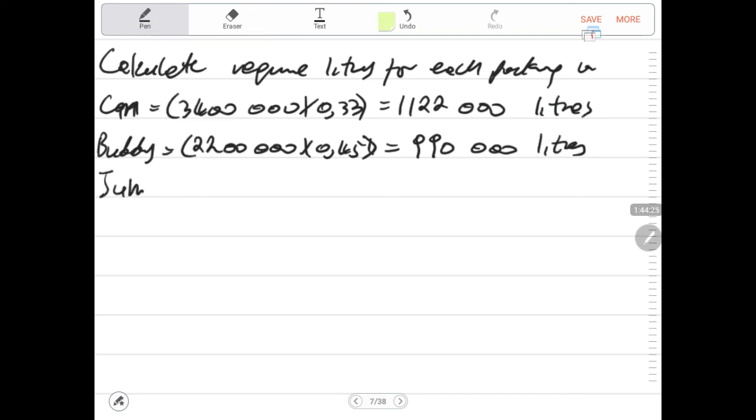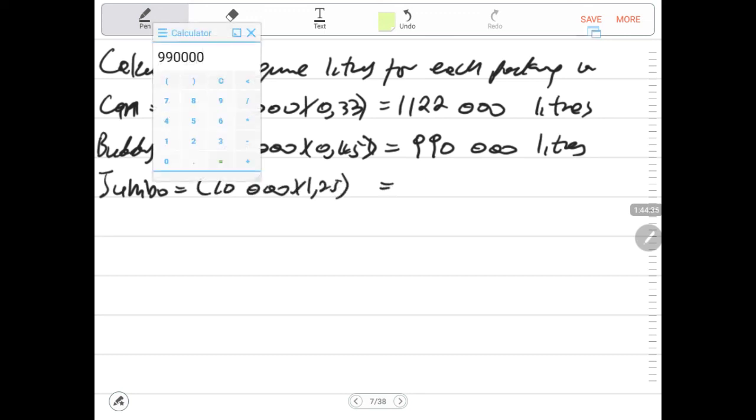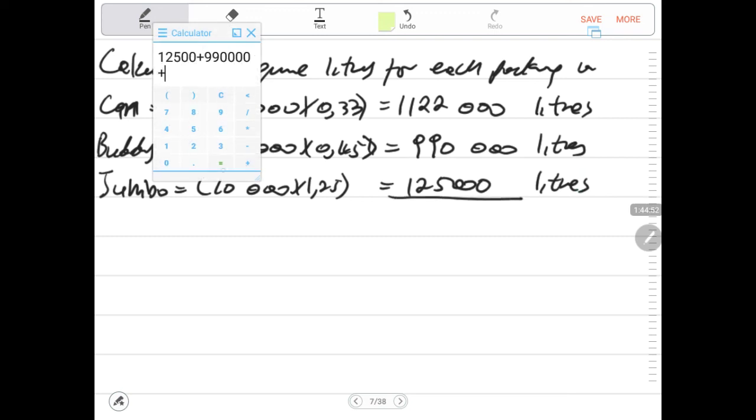We need to know how many liters of jumbo are required. 10,000 times 1.25. 1.25, remember, is already in liters. 1.25 times 10,000 is 12,500 liters. So now our information is uniform, all in liters, plus 990,000 plus